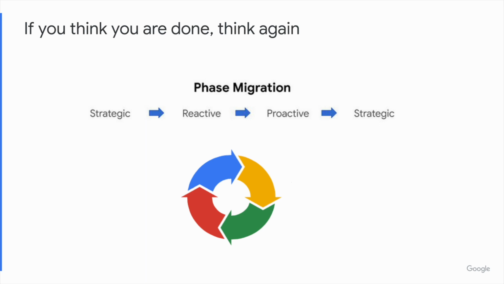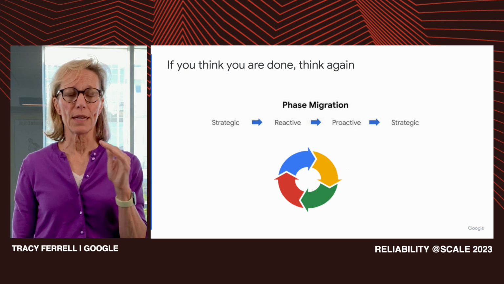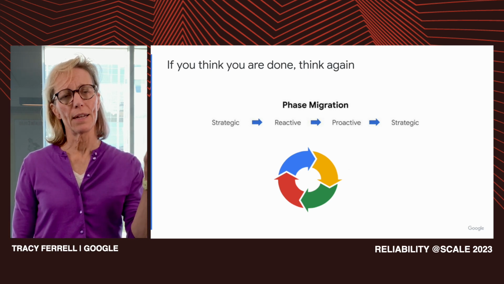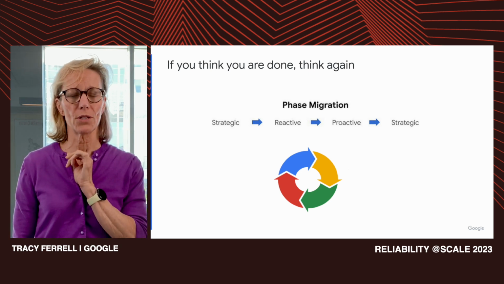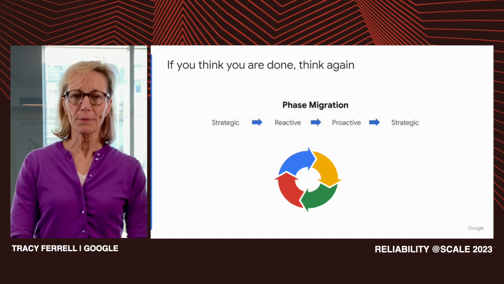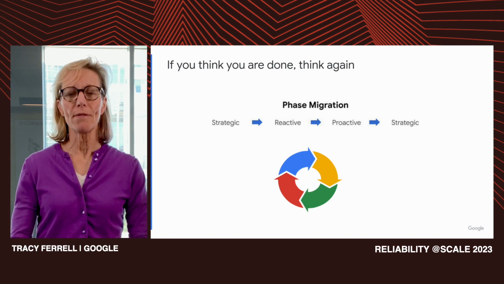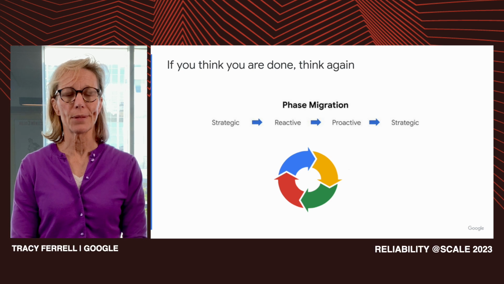All right, so the first story is about a product where end users are highly dependent on the reliability, and it ties directly to user trust for the entire Google product set. So just a side note, as I go through these stories and case studies, focus on the slide and it'll take you through the journey of the reliability model that these various organizations transferred through. So this first product, reliability was the top of mind for this Google organization for years, and the product was held as the gold standard of reliability for other Google teams.